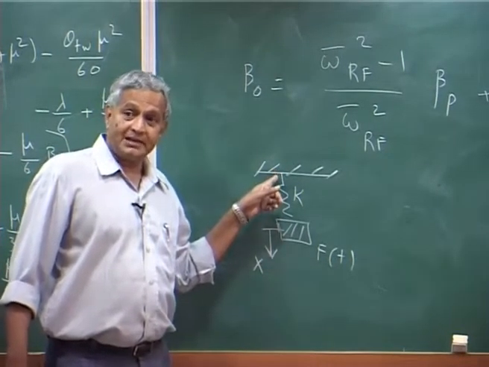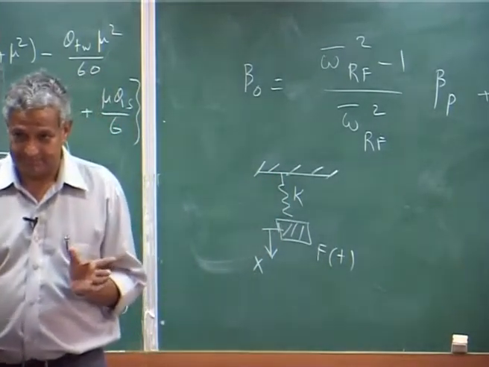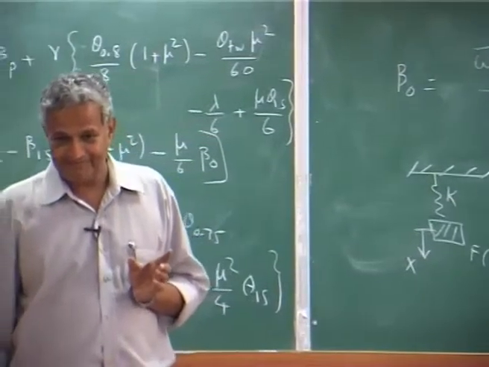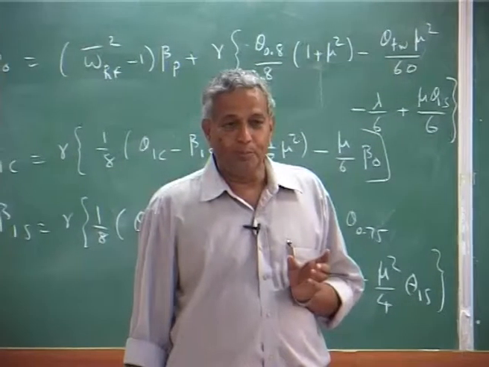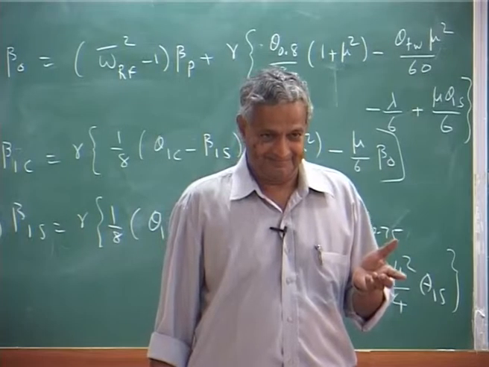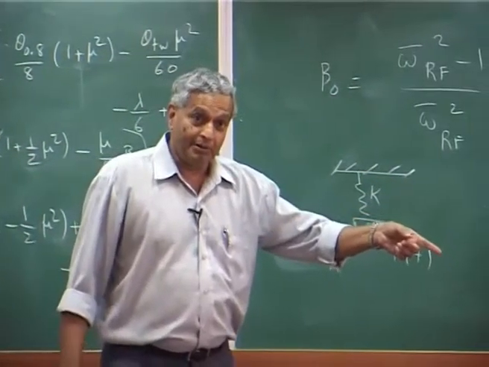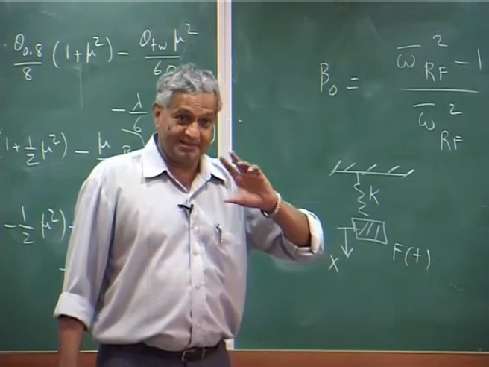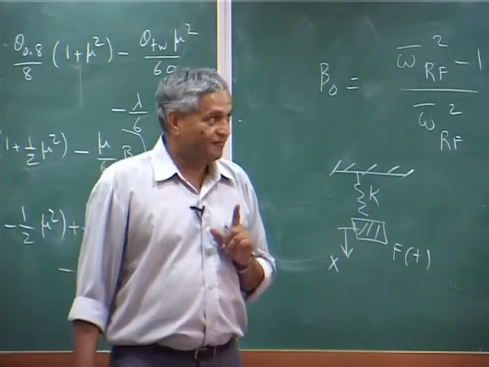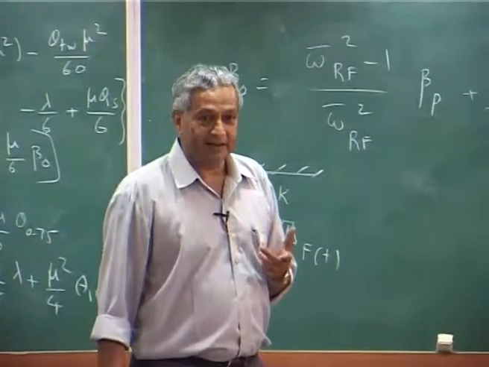The force that acts is only kx. That means the moment that acts at the hub, please understand, this is the flap moment. Flap moment acting at the hub is,